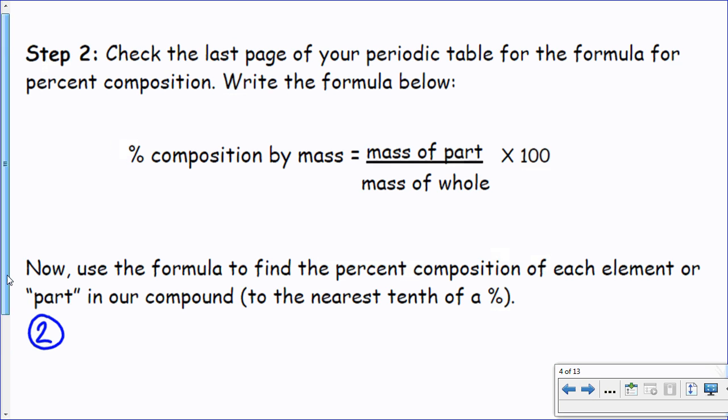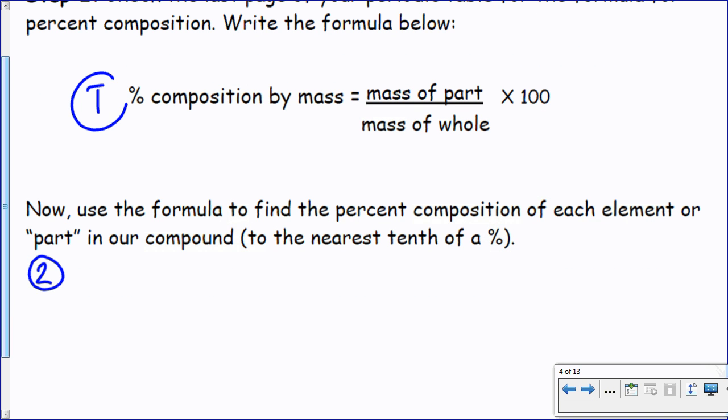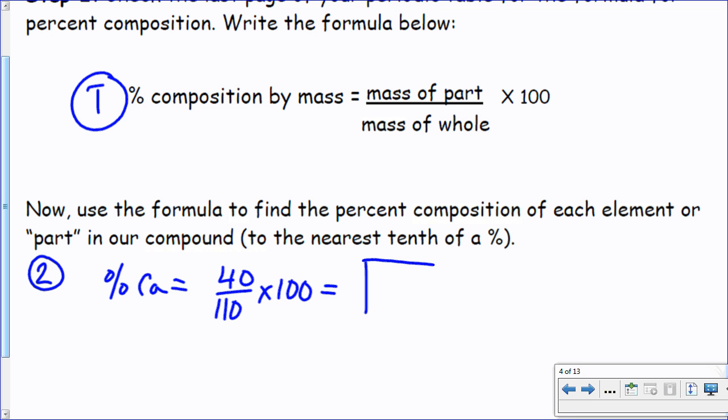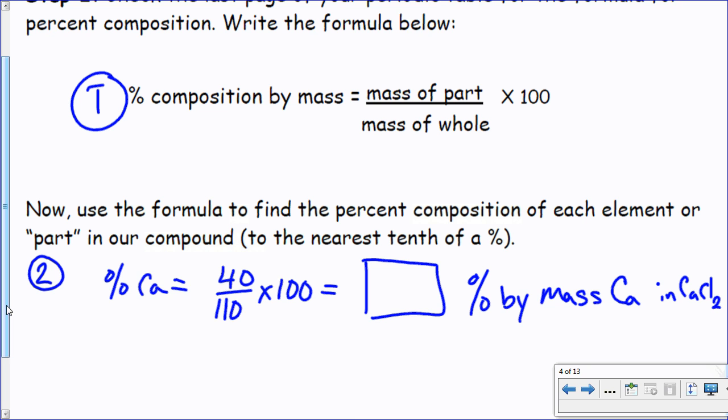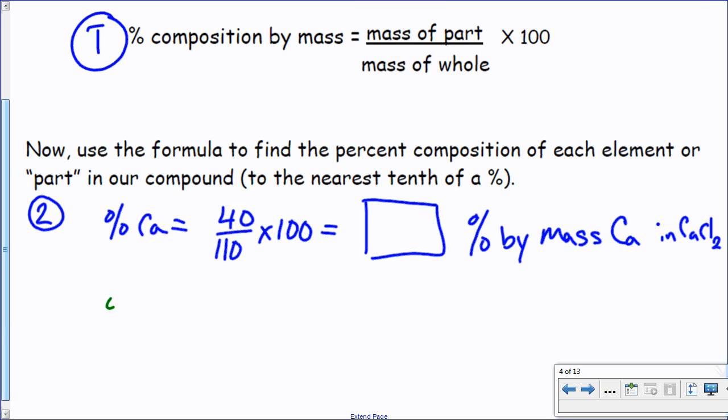We're going to use this percent composition calculation, which you will find on Table T, to do our part calcium. So the percent calcium equals 40 divided by 110 times 100. That will be your answer for percent by mass calcium in CaCl2. Now to do the chlorine part, the percent of the mass that's due to the chlorine,